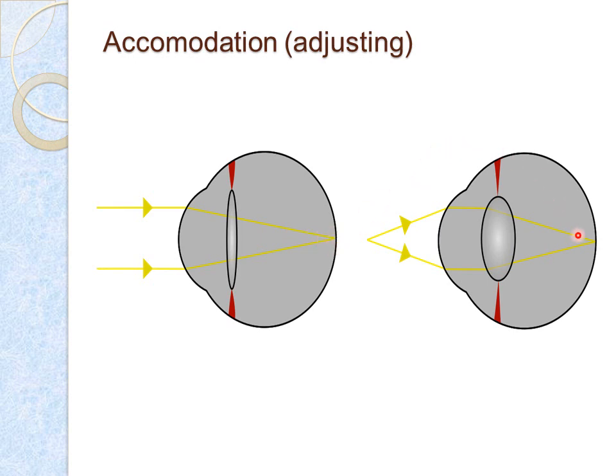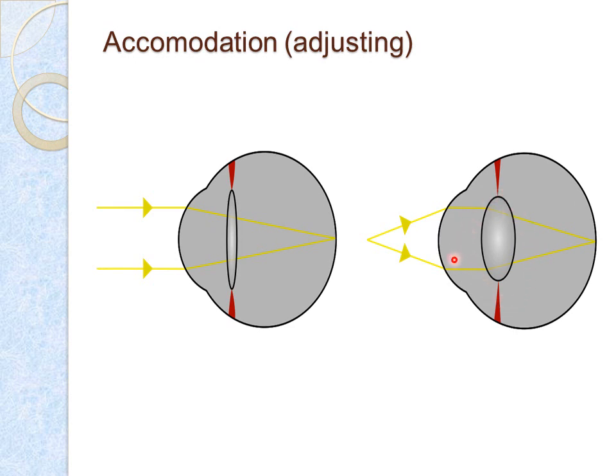Next, you can see that the ciliary muscles contract, pulling the choroid forward, and the lens has become almost convex in shape and thickened due to its elastic nature, as the suspensory ligaments are released. Here the suspensory ligaments were stretched and the ciliary muscles relaxed; now the same thing is opposite. The ciliary muscles contract, the suspensory ligaments are released, and the lens becomes more convex.